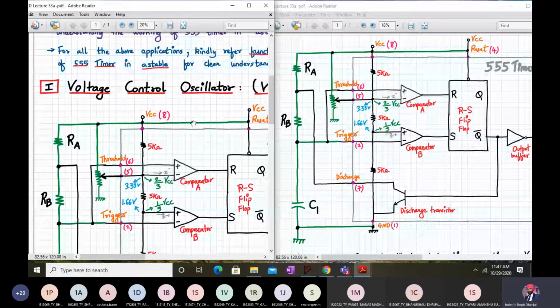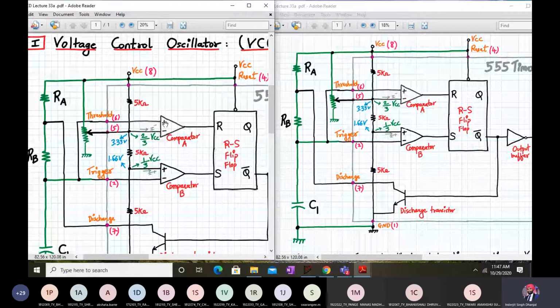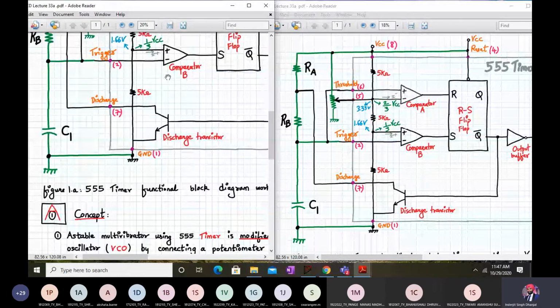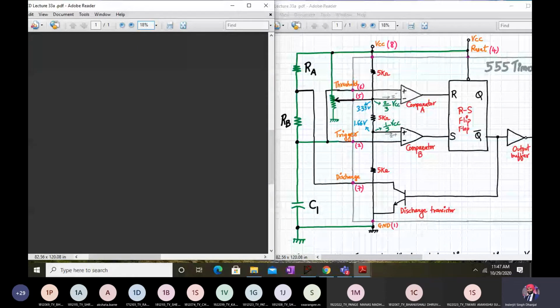And this is a very important component in a PLL, phase lock loop. It is your last topic, which seems difficult and far away now to reach, but it is a very, very important topic. This is one of the vital components. As you all have rightly said, the output frequency will be varied according to the input control voltage. So let us see the basic functionality of it now.